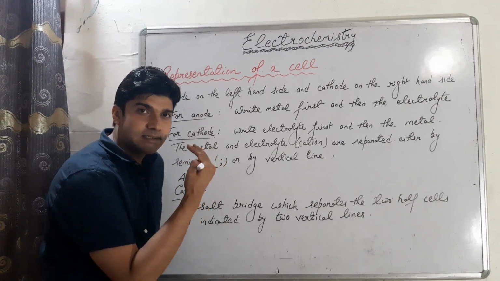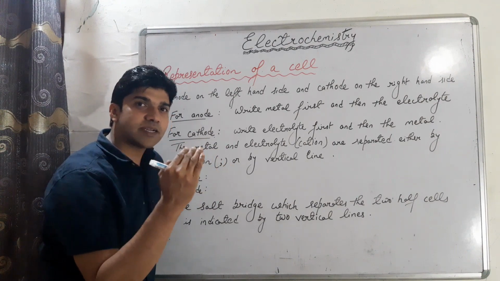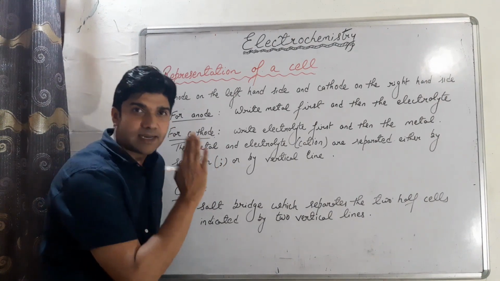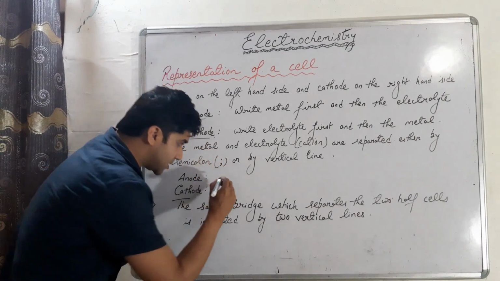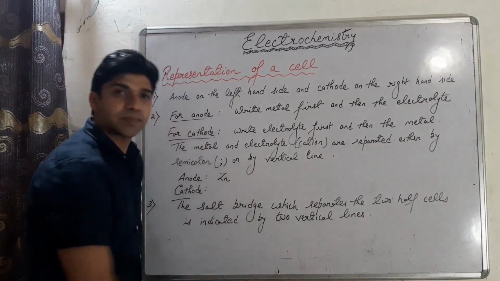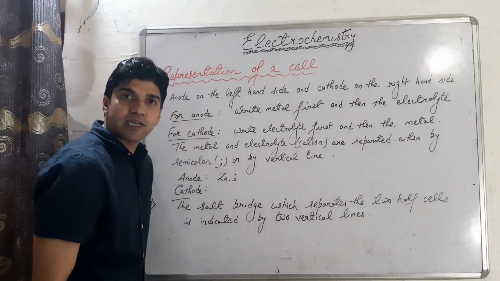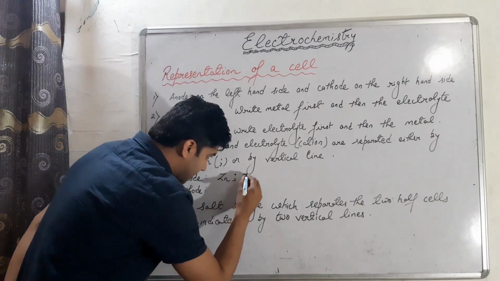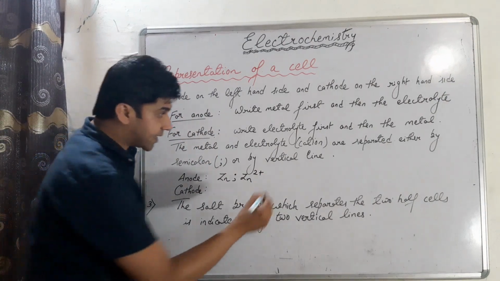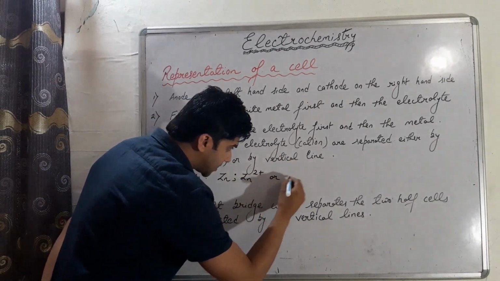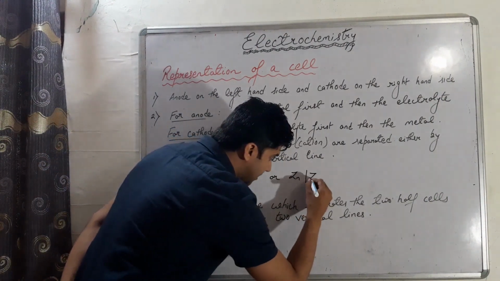Left में क्या है? जिंक रॉड डिप्ड इन द जिंक सल्फेट सॉल्यूशन, तो वो हमारा क्या है? एनोड है। इसमें पहले क्या लिखेंगे? उसका मेटेलिक फॉर्म, मतलब जिंक, फिर सेमीकोलन, फिर उसका इलेक्ट्रोलाइट मतलब जिंक आयन, ऐसे शो कर सकते हैं। एक और तरीका है बाय वर्टिकल लाइन, मतलब जिंक वर्टिकल लाइन और फिर जिंक आयन,